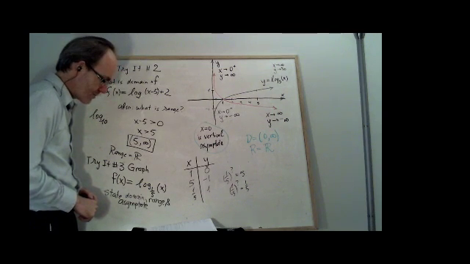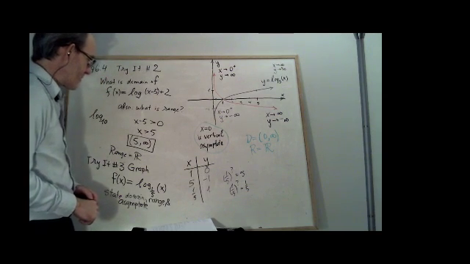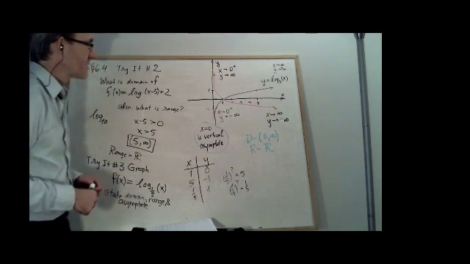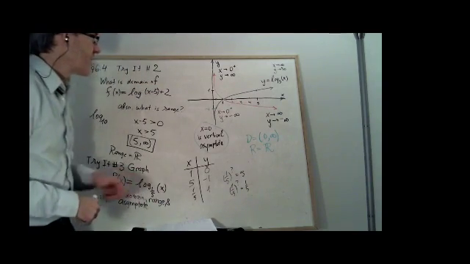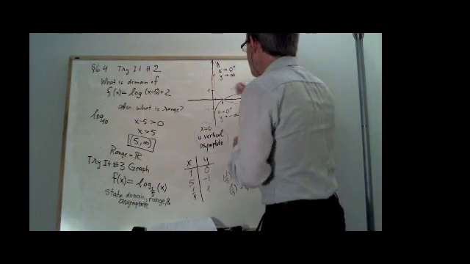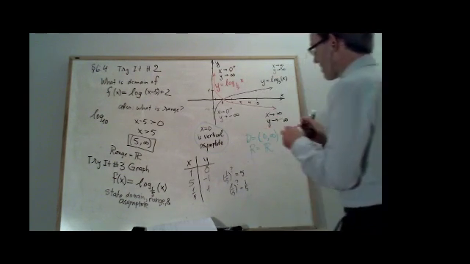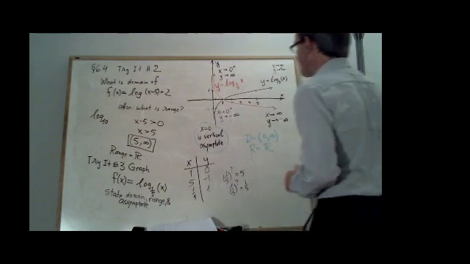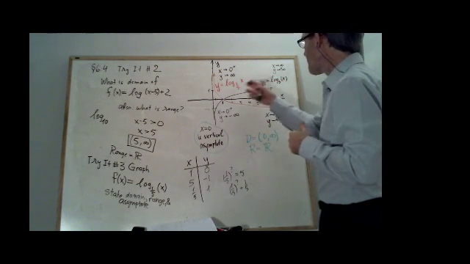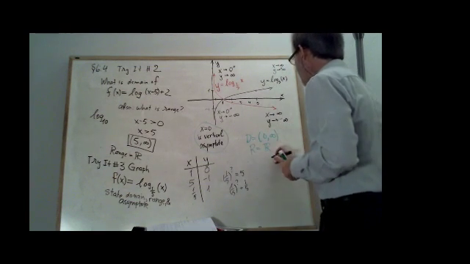Number 4. You usually call the starting graph the parent function. Like here I have the parent function log base 5 of x, and when I flipped it, I would get the function y is equal to log base 1 over 5 of x. Why do you get the flip just by replacing 5 by 1 over 5? Okay, so